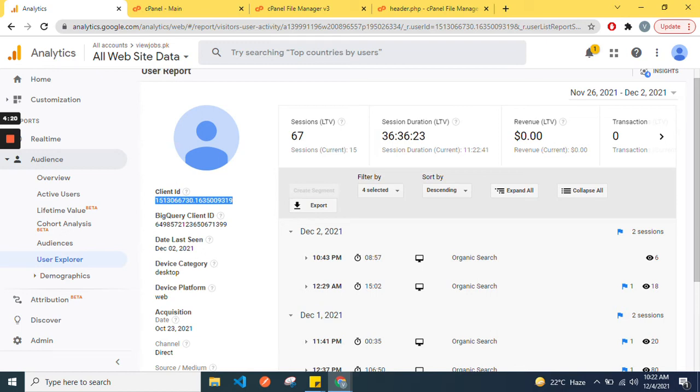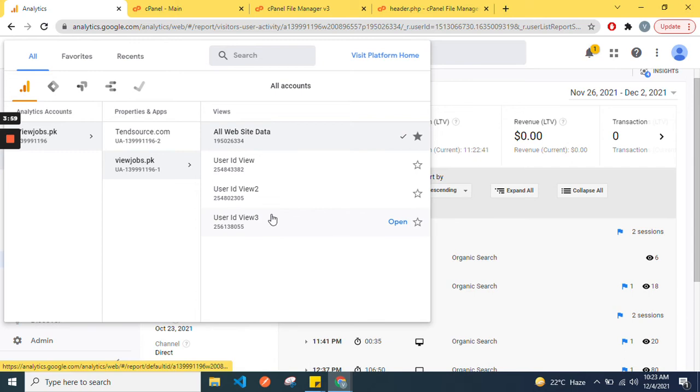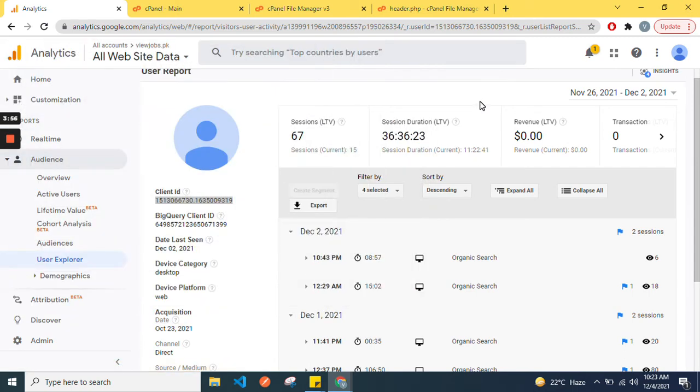So this user ID is generated by Google Analytics. So what if you want to change this ID to your custom ID that is in your database, or if you want to set this as an email address like abc@yopmail.com. So to do this, we need a view, and after that view we need a simple snippet code to place in the header or wherever you want to set. So whenever you log in or whenever you submit the form where you get the email address,